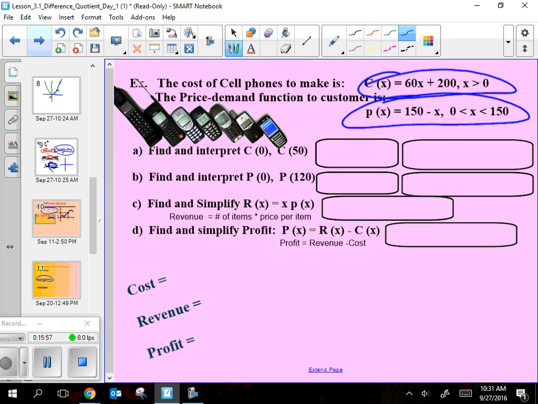So Foxconn, for instance, figured out the price of making this phone. The cost of the components is about $230 for an iPhone that they sell for $650. Like the little pieces that go into it all add up to $230. But then Foxconn also charges to actually put it all together, not just the cost of the parts, right? So they've got the cost of the parts, then the cost of actually making it and finishing it, and then the cost of shipping them from China over here to the United States, and